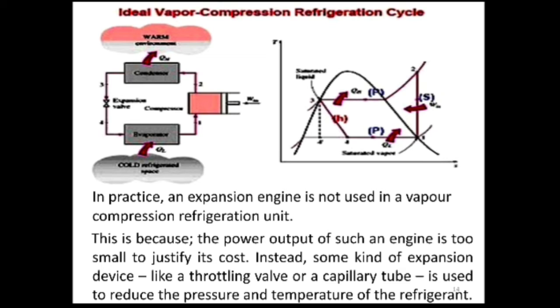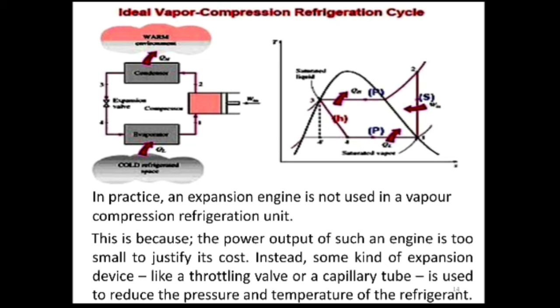Here what you are seeing is an ideal VCR cycle. Here the refrigerant enters the compressor at state 1 as a saturated vapor. As you can see, the point is on the black graph line, and it is compressed isentropically, as you can see, this straight line 1 to 2. On the TS graph, S1 and S2 are the same, so the process is isentropic to the condenser pressure. The process 2 to 3 is the condenser function, so P2 is the condenser pressure. Understood. Then the temperature of the refrigerant increases during the isentropic compression process well above the surrounding medium.